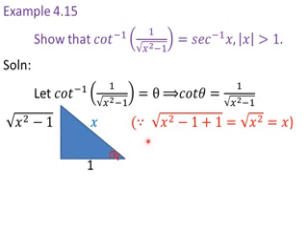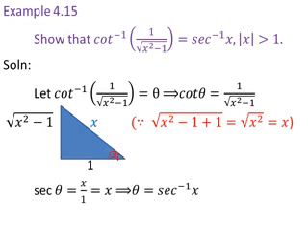Now we have to find the hypotenuse. So how can we find it? It is the root of the square of this value. When we square this, the square root will go. So x square minus 1 you will get, plus the square of this side. 1 square means 1. So now 1 and minus 1 you can cancel. You will get root of x square. It is equal to x. Since it is a length, we will take only the positive value. So you will get it as x.